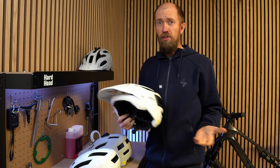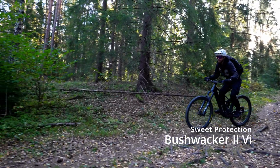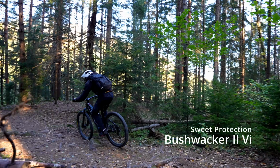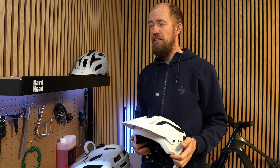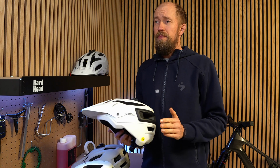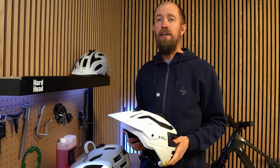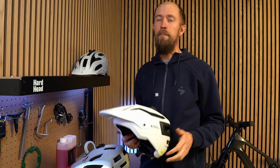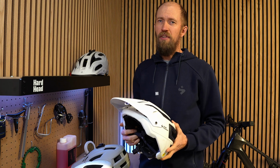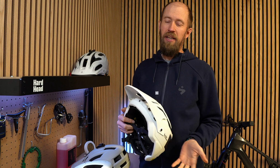Well, I talked to Sweet to ask them about it. Is it really a better helmet than the Bushwhacker? And well, they don't think so, and they appreciate the work Virginia Tech is doing, but they think it's down to the way they test them. And Virginia Tech is testing them very thoroughly. They're using like 5 helmets, and they buy them themselves. They don't go to the manufacturer, and they test them in a lot of different ways. But Sweet explains